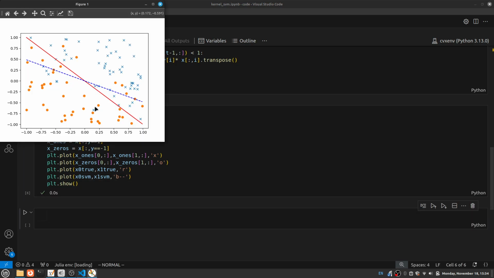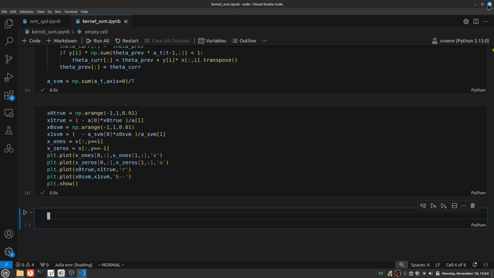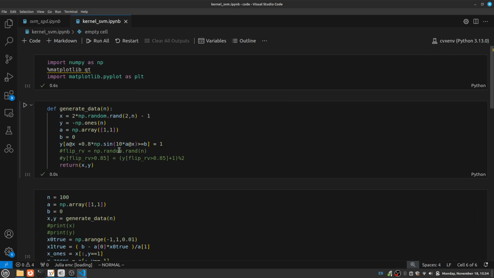Okay, let's see what I get. I run this specific SGD algorithm and I get the following classifier. Again, it's a homogeneous classifier, which means that it has to pass through the origin. And it doesn't seem to perform too well, but of course we have to keep in mind that the data is not linearly separable. If the data were actually linearly separable,